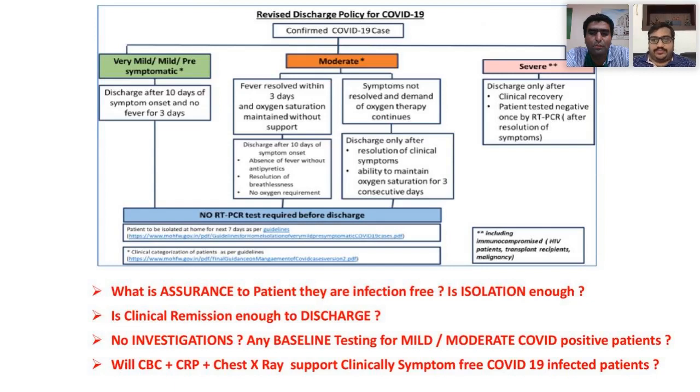Right. So, Dr. Dhruv, I have a question from this set, but I have been holding it because I really had my doubts on discharge policies. So do you think clinical remission, or the patient being symptom free, is enough to discharge for